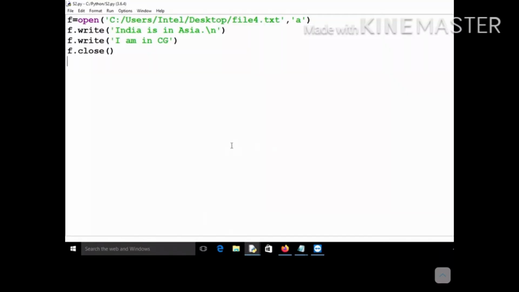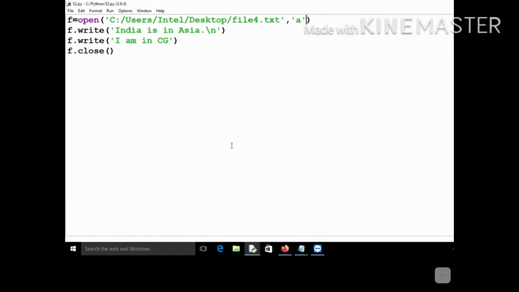So what will happen if I open a file in append mode and that file is not present? You might be thinking that it will give an error, but it is not so. What it will do is create this file. If you open your file in write or append mode, then that particular file will be created, even though it does not exist on your disk.